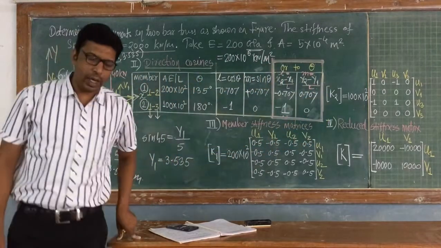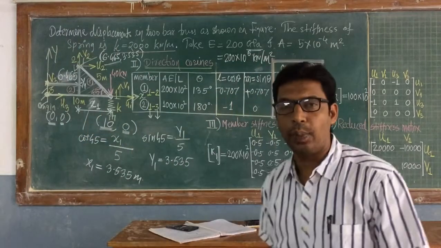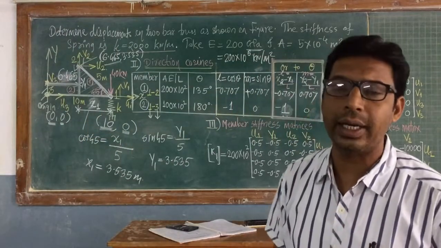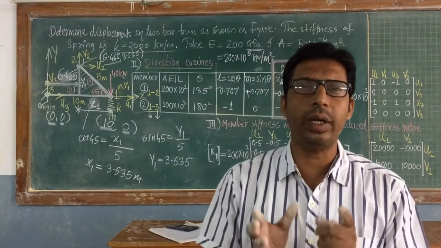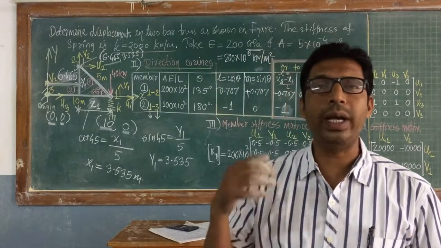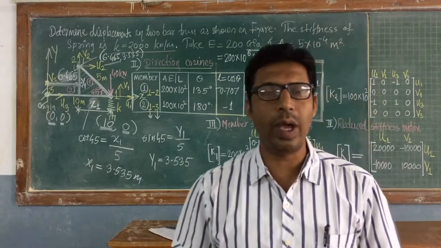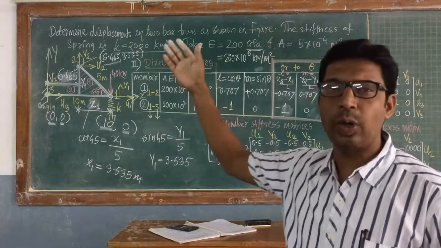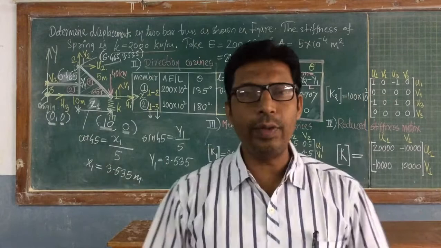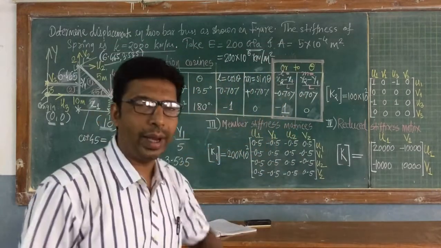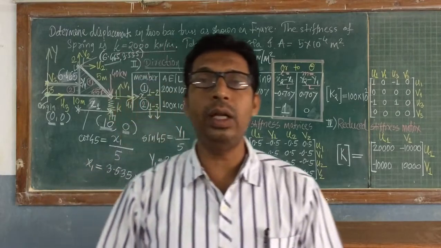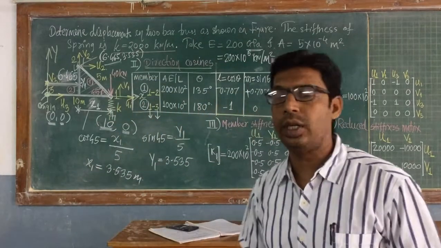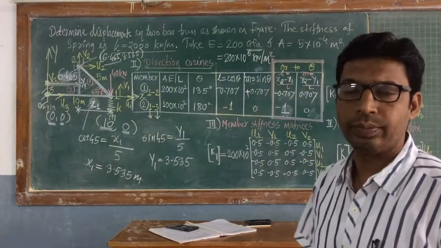x2 minus x1 upon L and y2 minus y1 upon L is the alternate method to the angle theta. But you can understand now what is the length or time required to calculate x2 minus x1 and y2 minus y1. We have to select the origin, then we have to write down coordinates, then we have to take x2 minus x1, y2 minus y1 and then we will get L and M. It is always simple to use angle calculation for small l and small m.